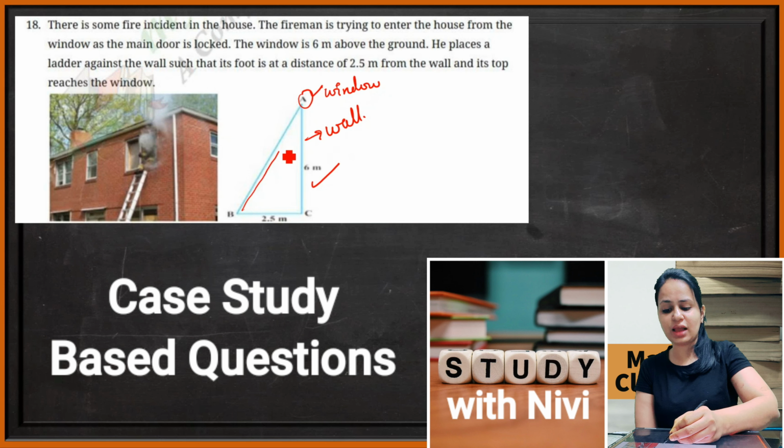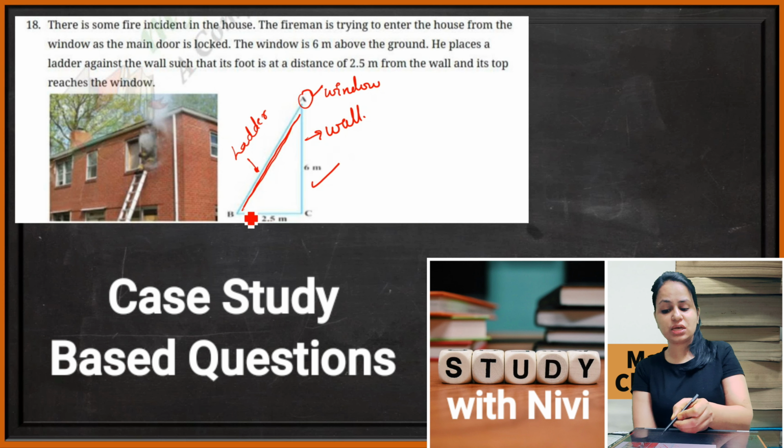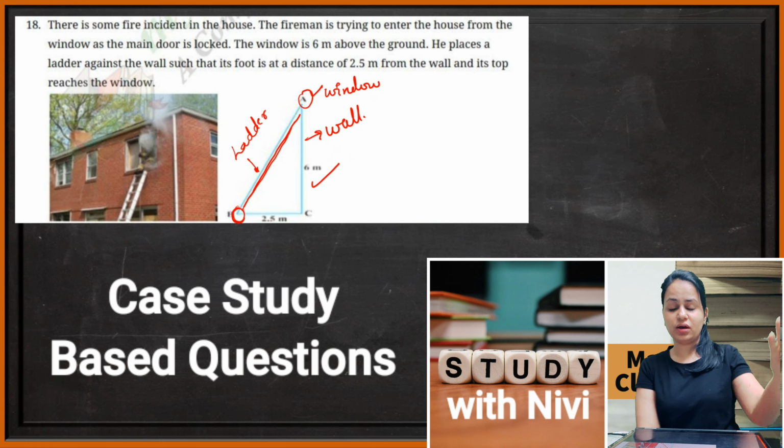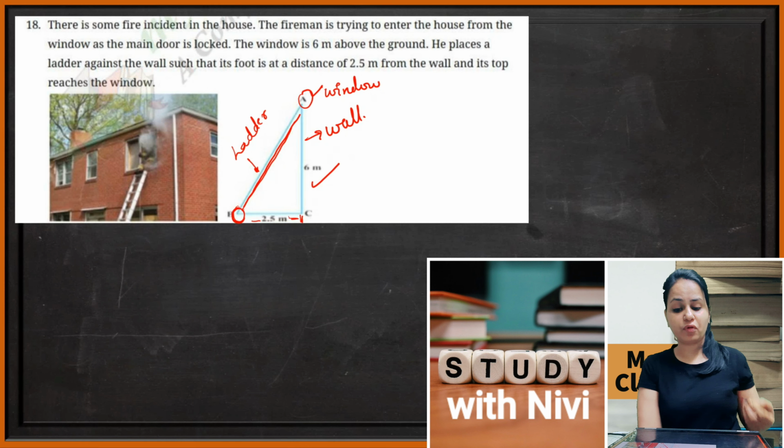Now he places a ladder. वो इस तरह से वहाँ पे एक ladder रखते हैं. So AB is your ladder, right? किस तरह से रखते हैं? Such that its foot is at a distance of 2.5 meter from the wall. जो ladder का foot है, this is the foot of the ladder, point B is the foot and A पे obviously इसका top जा रहा होगा. So now this particular ladder is at a distance of 2.5 meter from the wall. Wall से इतना दूरी पे है. So the diagram is already given to you in the question. यहाँ पे सिर्फ आपको समझना था what the question is trying to say.